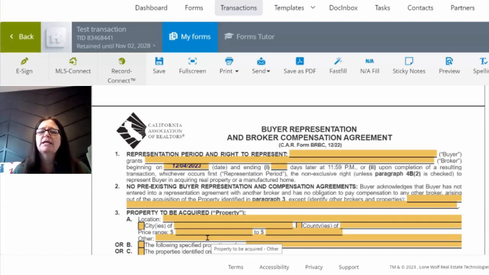And we want to be here. We don't want to be too restrictive to where we're not covering all the different properties that they might be looking for. But we also don't want to be too open on it because if we're too open, it could later be determined that it's not a valid agreement because it was too vague, right? So we're not going to put anywhere in the United States, right? That's going to probably be too vague, but we might do the county or a couple of counties depending on